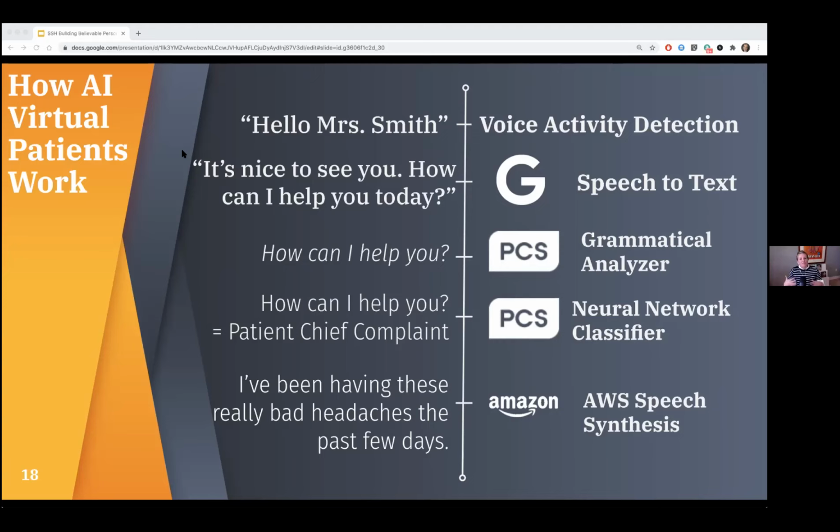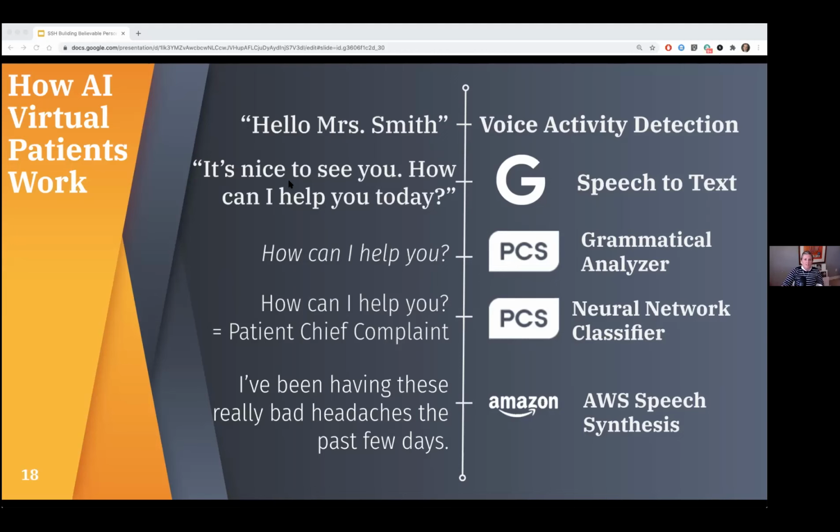Then finally, when it comes to verbalizing that response, like when the digital patient says, "I don't feel so well," neural network-based models have been the key to less machine-sounding voice synthesis. So we have this smoother, natural-sounding response. Every one of these components uses neural networks that are constantly being trained to improve their performance. And so this is how the PCS Speech Engine works.